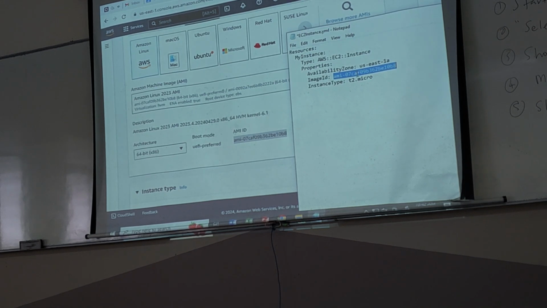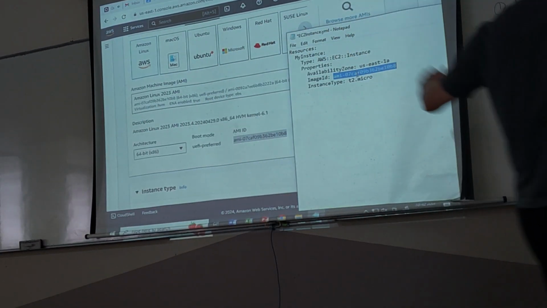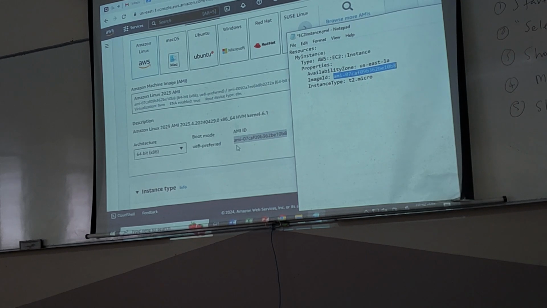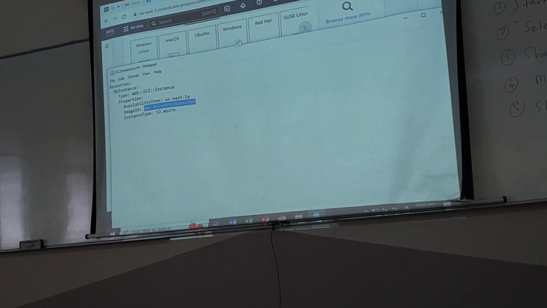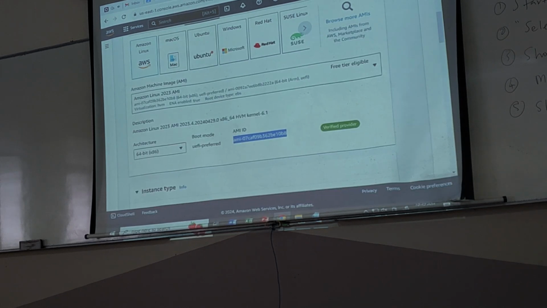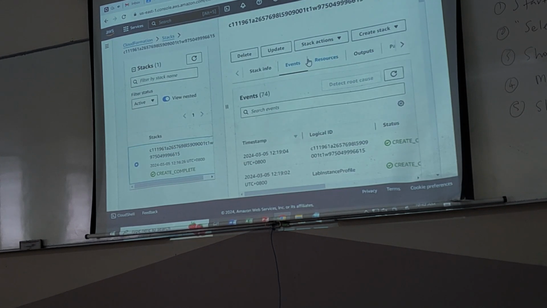Before you upload, save it. Save the file. After you save the file, then you can go try the CloudFormation. Go back to CloudFormation, and then